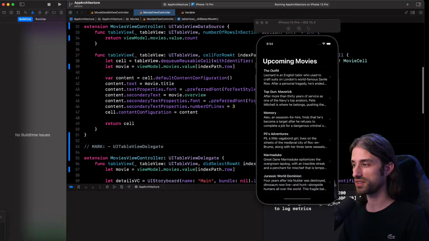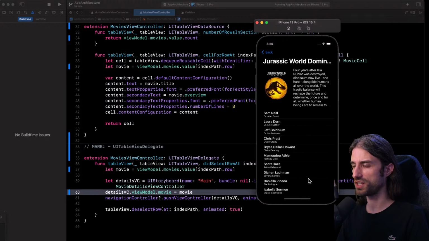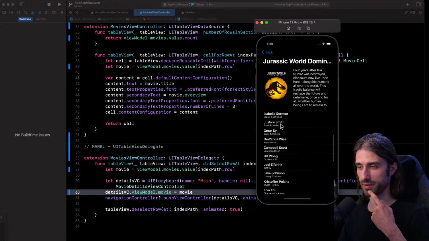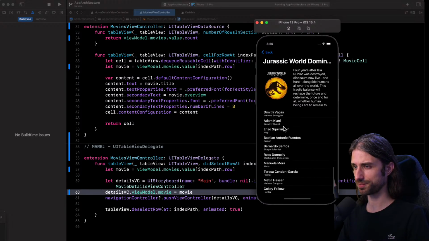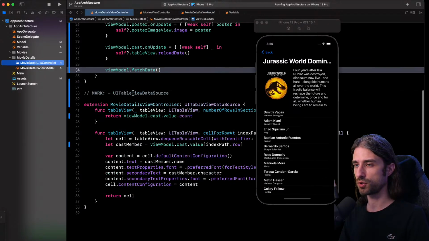So we've already seen that the first screen is working, and that we have already set its view model before. Now when I click, let me get another movie like Jurassic World Dominion. And as you can see, the second screen is also working as expected, except that this time the network calls, both the one to get the poster and the one to get the array of cast members, are no longer implemented inside the movie details view controller.